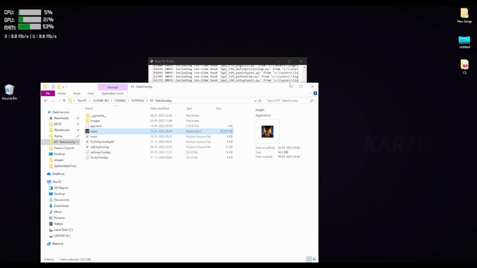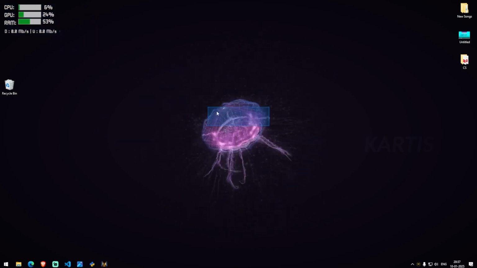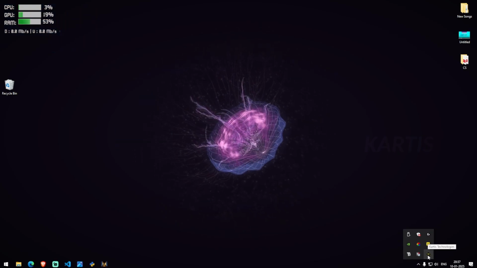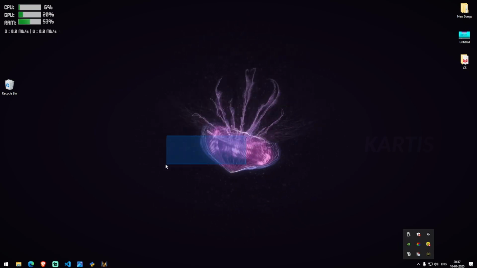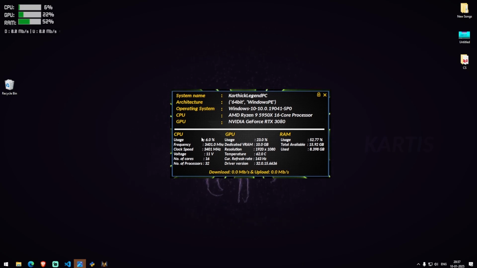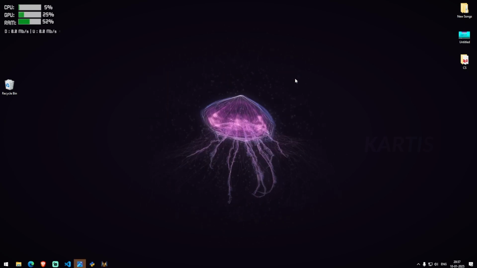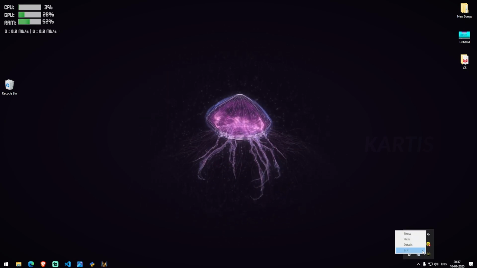We minimize. Here it says CPU usage, GPU usage, RAM usage, and we go here, find our tray icon. Then I right click here, click on details. I might wait for some time for the first initialization. Yeah, we have our settings UI which is updating dynamically. Here you can see that I am moving the app here and there. Also, I'm going to quit the app now